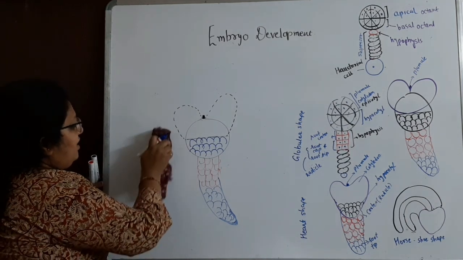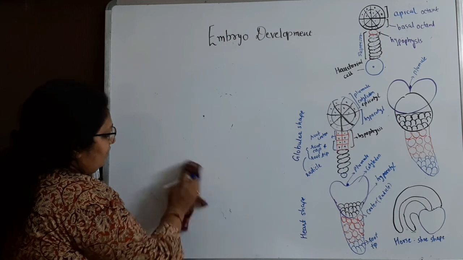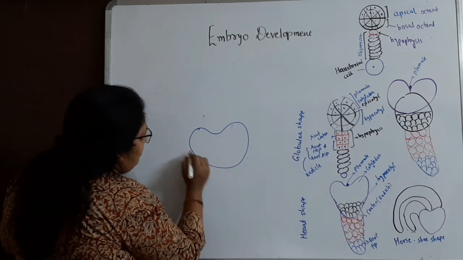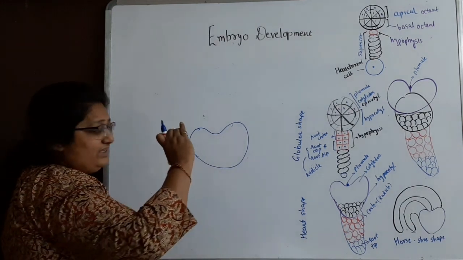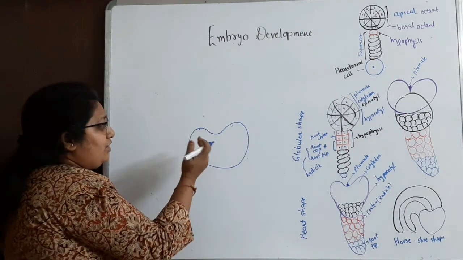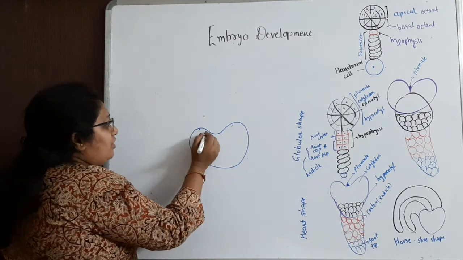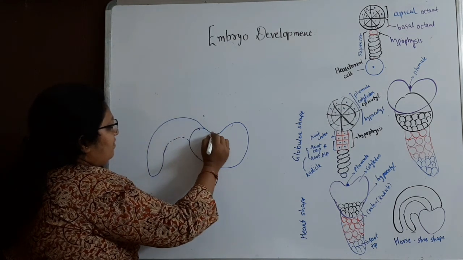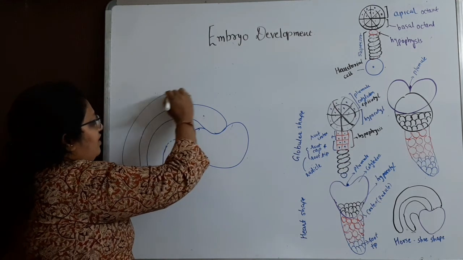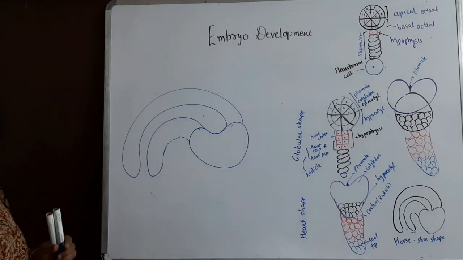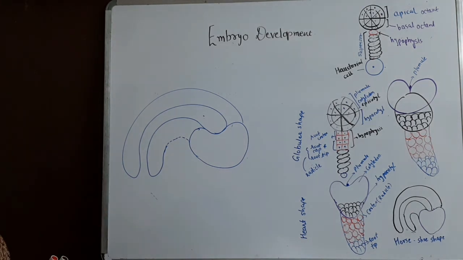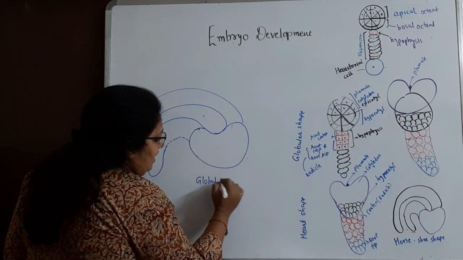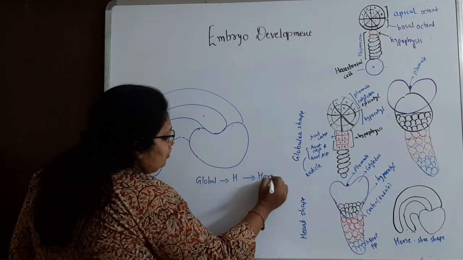नाउ जैसे जैसे ये और ग्रो होता है, राइट, तो ये जो सीड कोट में ये फिक्स होता है, सीड कोट होता है, तो इसलिए उसको स्पेस ज्यादा ग्रो होने नहीं मिलती है, तो उसका ग्रोथ थोड़ा ऐसे हो जाता है, एक साइड पे उसका ग्रोथ थोड़ा ज्यादा हो जाता है, राइट। सो दैट इज हॉर्स शू शेप। तो ये पूछते हैं तो याद रखना, पहले ग्लोब्यूलर, देन हार्ट शेप एंड देन हॉर्स शू शेप।